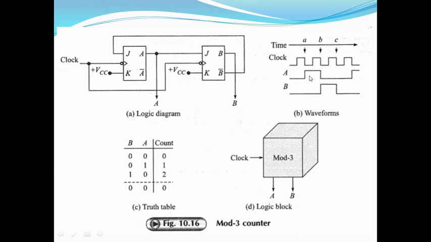When the first clock pulse is going to be there, B is going to be 0, A is equal to 1. When the second clock pulse is going to be there, B is going to be 1 and A is equal to 0. And after C, both the flip flops are going to be 0 0. That means it is passing through three different states only, 0 0, 0 1, 1 0, and then it is going to be repeating its sequence again from 0 0. That's why it is modulus of 3 counter, and it will work as a logic building block to construct a higher modulus of the counter.